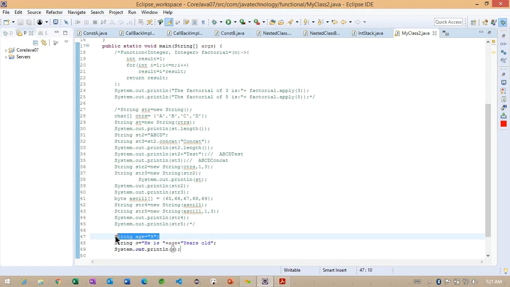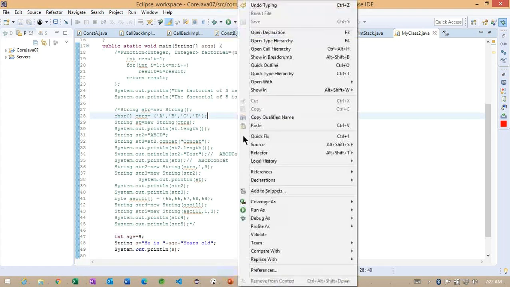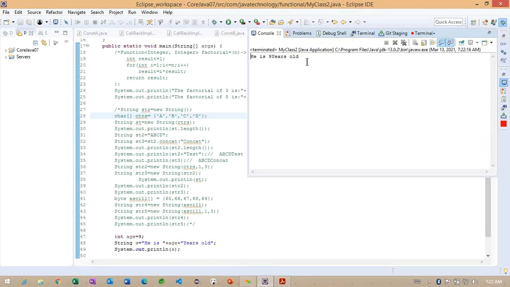If we observe, instead of string, I am going to add an int data type. Observe the same example I am going to run. So the same output we are getting here.